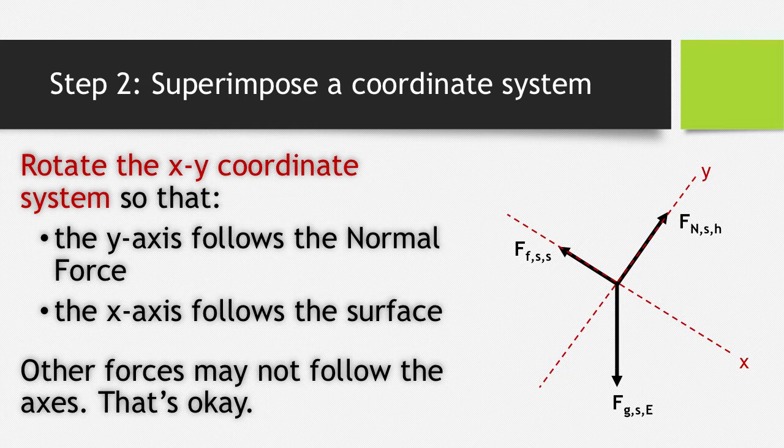Now, step 2 is to assign a coordinate axis system to the free body diagram. And this is so that we can begin to talk about which forces are acting in which directions, because as it stands right now, the normal force and the frictional force are just pointing off at some angle. And it's going to get very complicated if I just look at a straight,